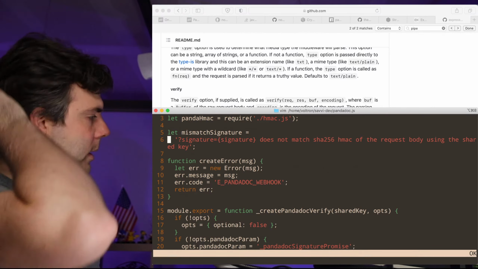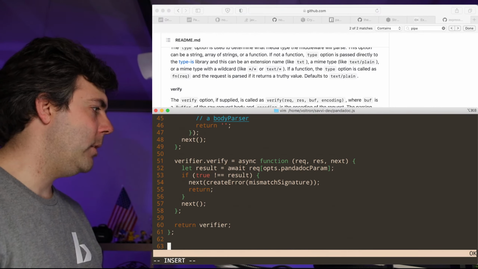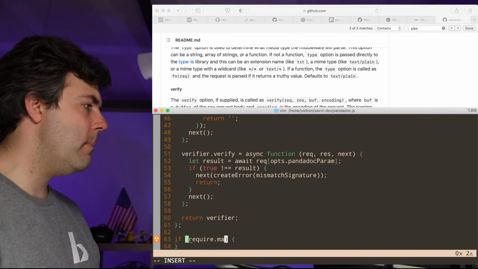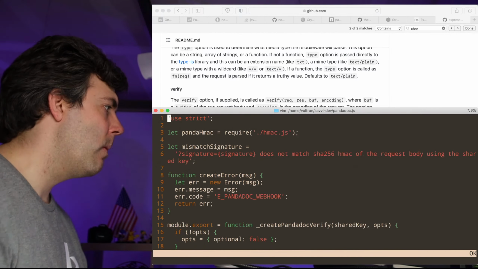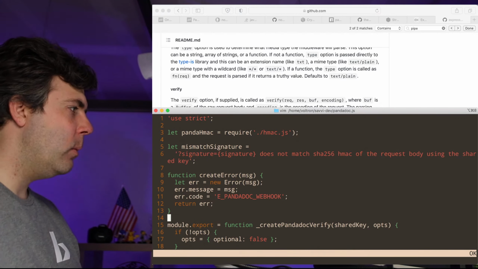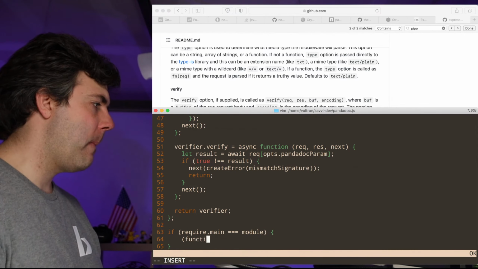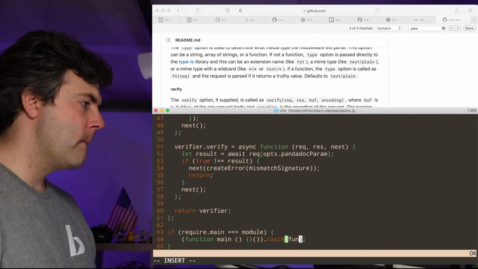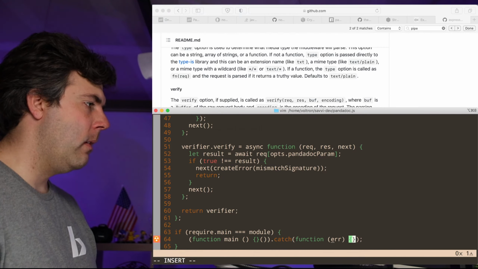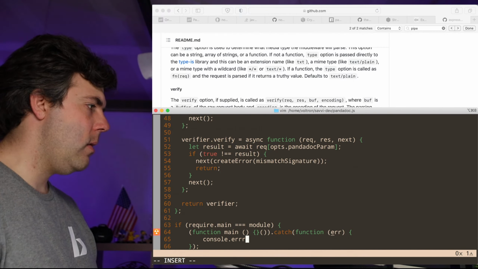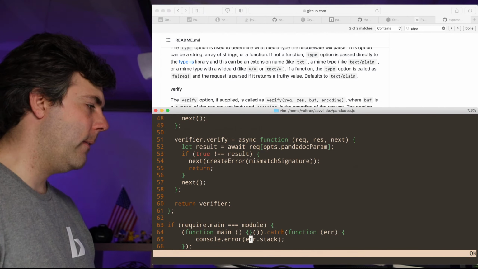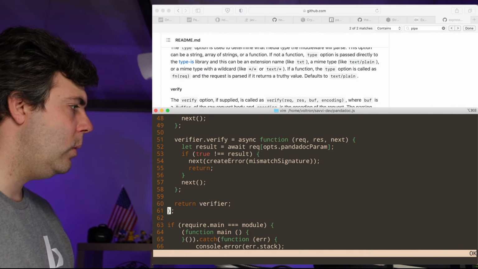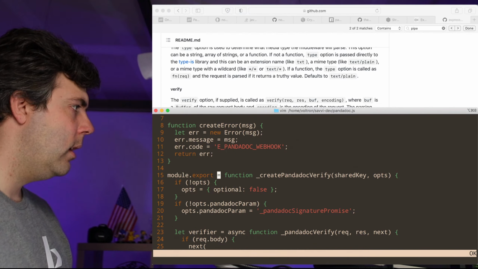So how do we test this? Let's just do the same thing we did before. If require.main is equal to module, and then we'll just do a little doohickey down here. Console.error, error.stack. Okay, and then here, what we should do is we're going to create our